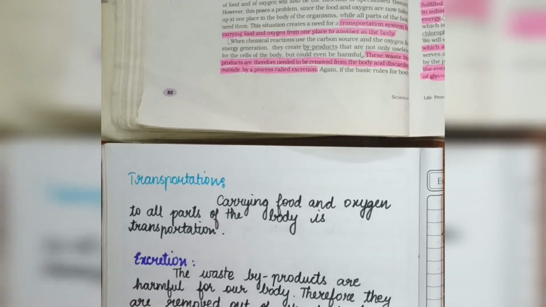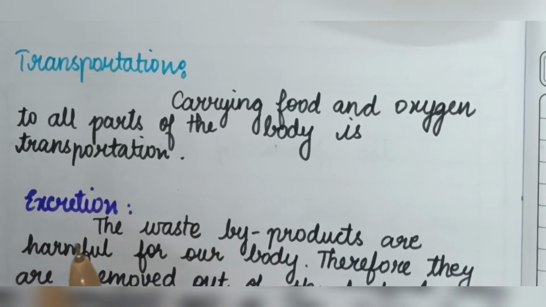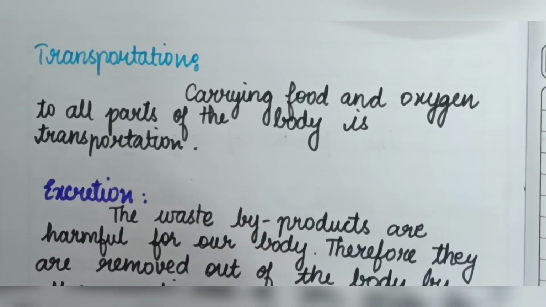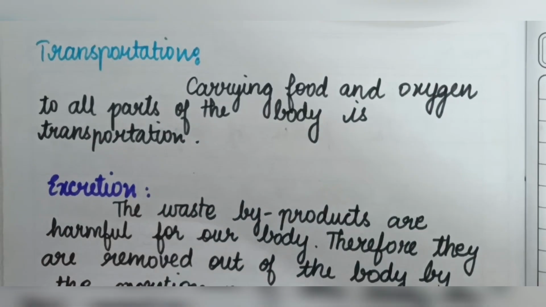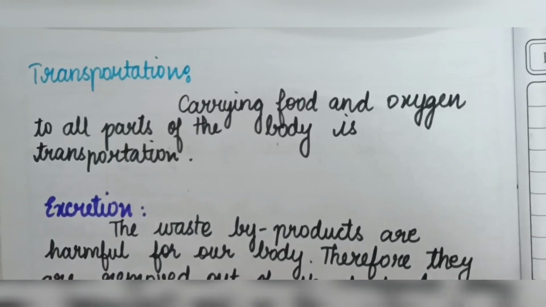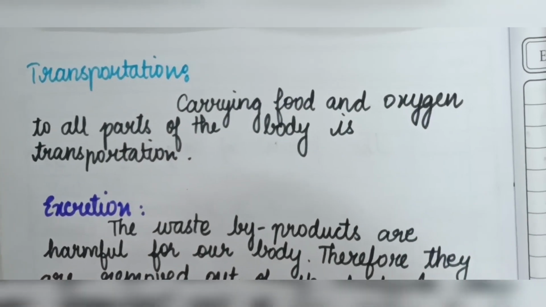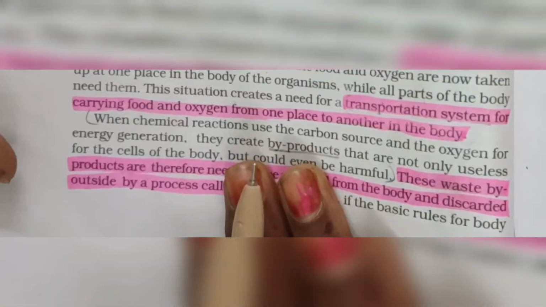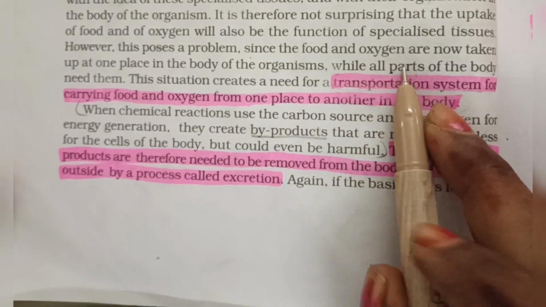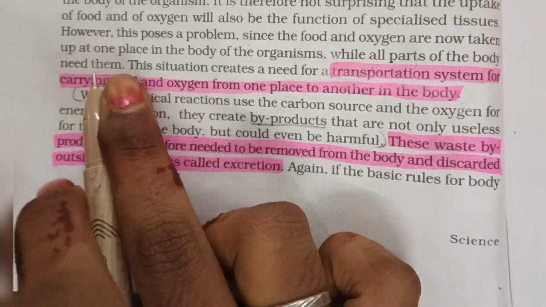Now let's learn about transportation. How is the energy from the food obtained by all the organs in our body? Through transportation. Also, we take in oxygen. How do all the cells in our body get the oxygen? By transportation. So, here they have given that since the food and oxygen are now taken up at one place